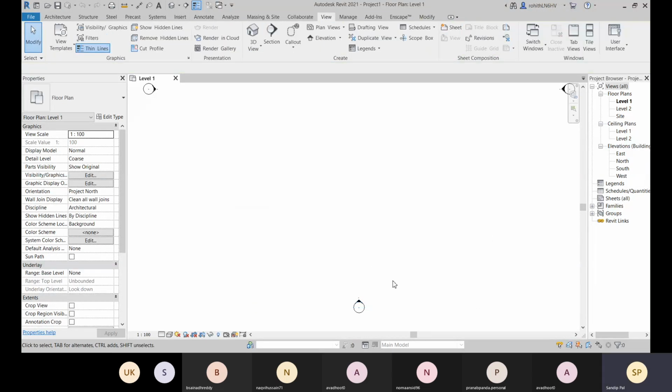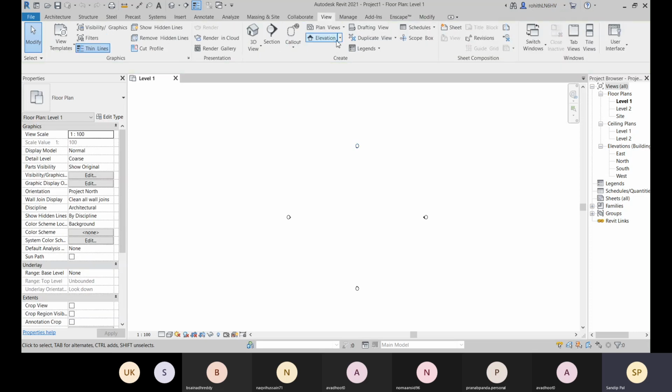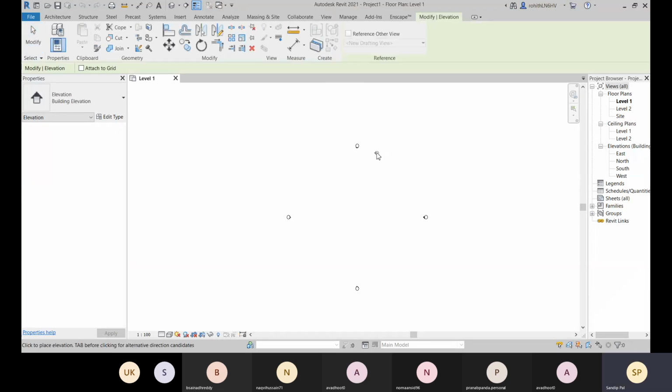This one will create the elevation. If you place your model within this camera, you will have it in elevations. If you are not having it, you can create it with this elevation option. You create this elevation here and place it. Like this, you will have it.